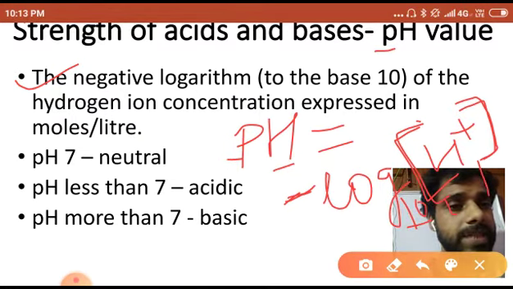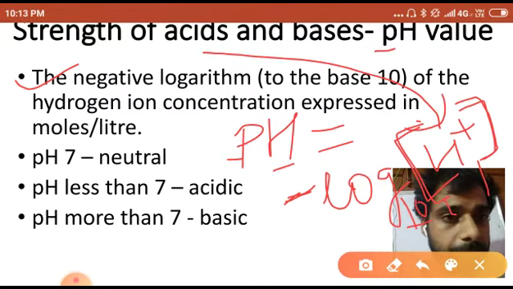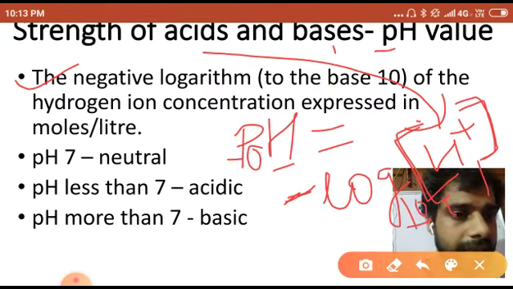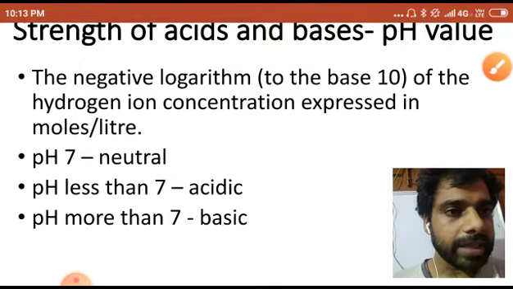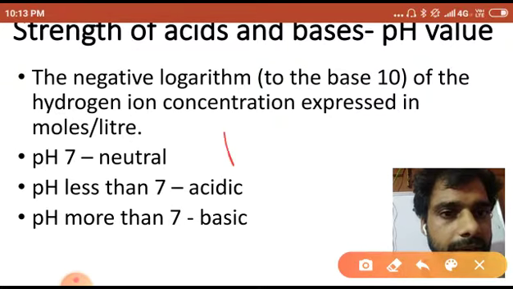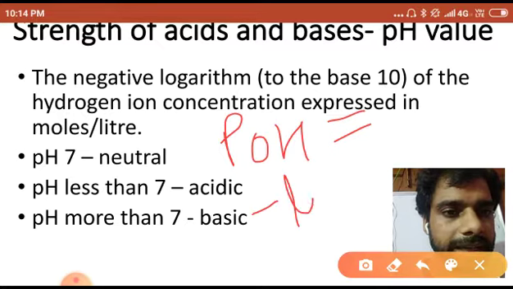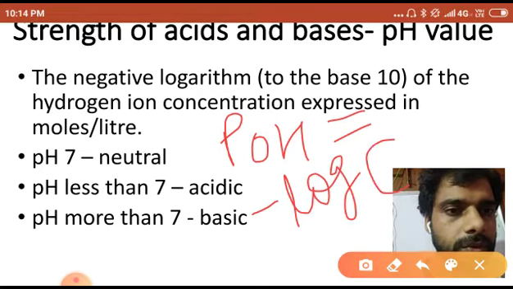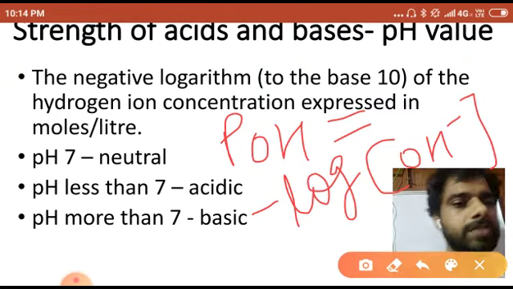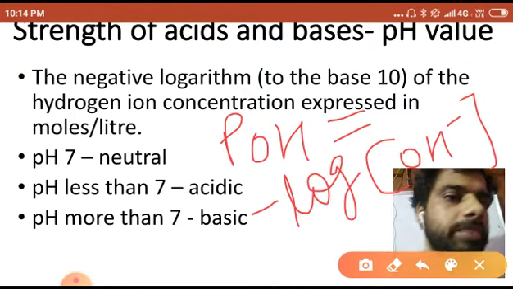So this H plus, as I have said, is used when you have an acid. But if I have to calculate for bases, then I will write pOH, which is also negative. Okay na? How can I write it? In the case of bases, I will write pOH is equal to minus log OH negative. Okay now, you know that hydroxide ions come in the negative form. So this one is a method.